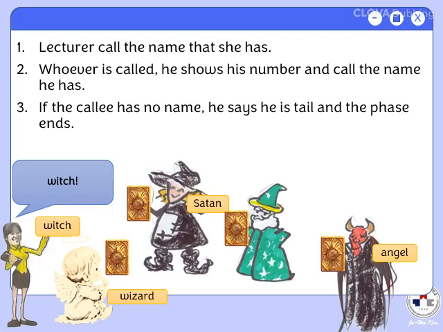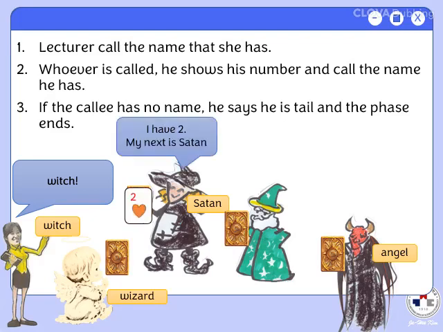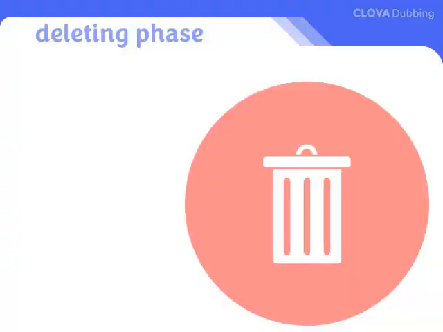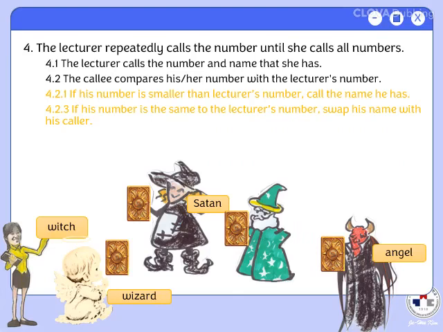The final game is to remove students one by one from the linked list. This time, the lecturer calls out the numbers to be deleted one by one. The student then compares the number they have in their hand with the number called by the lecturer. If the number you have is smaller than the number to be deleted, the next student's name is called. But if a student has the number, he exchanges a name tag with the person who called his name.